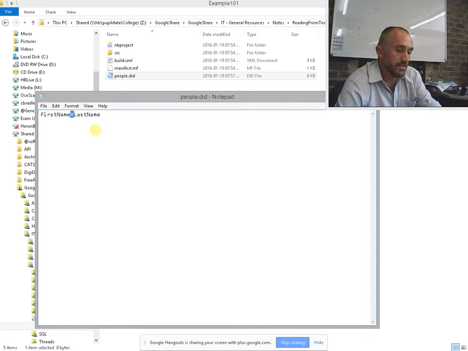In this case, if I go tab, the tab is the delimiter. If I put a hash, the hash is the delimiter. So you can use whatever you want. There are actually reserved characters, for example, you can't use a star as a delimiter, because a star is considered a wild card, and it causes hassles if you use that. So we're going to have first name, last name, hash,